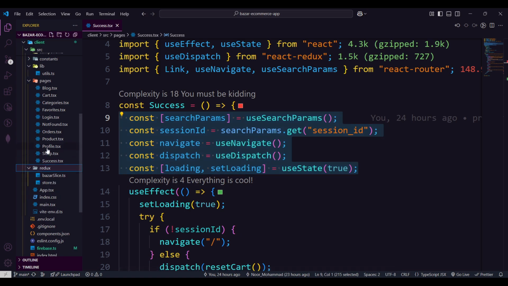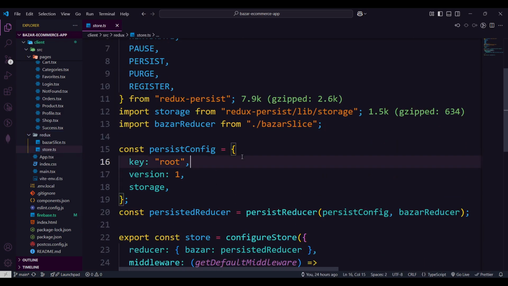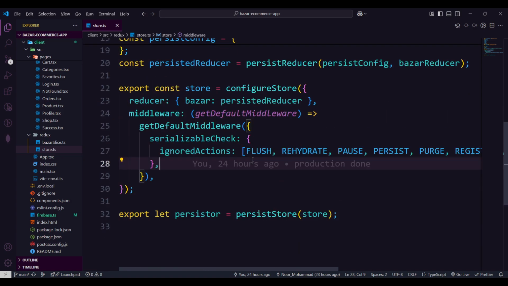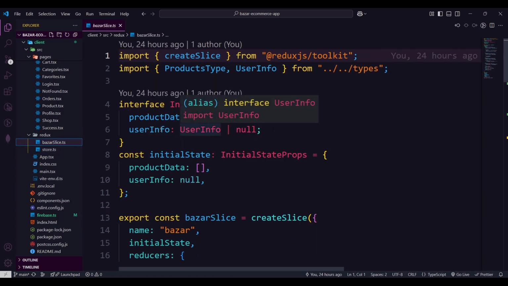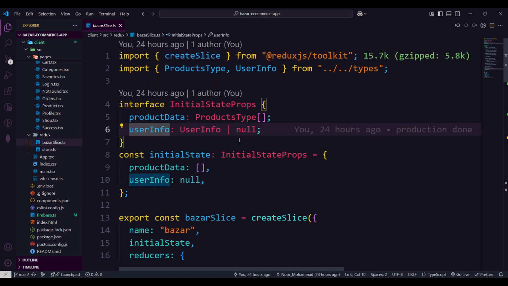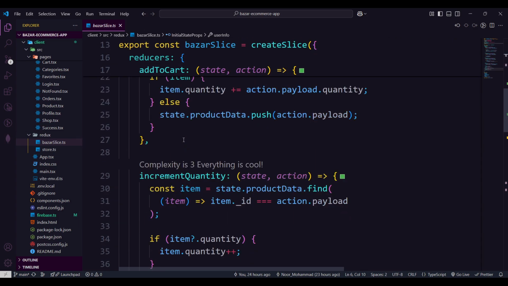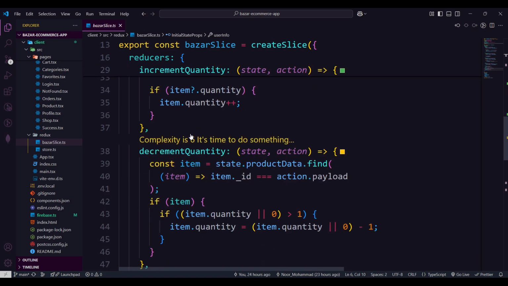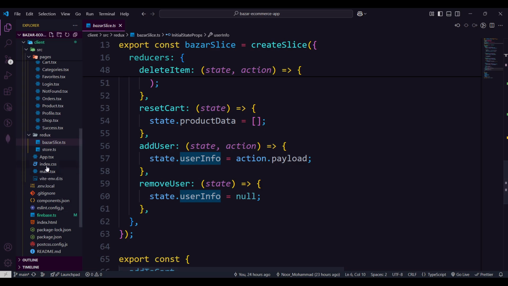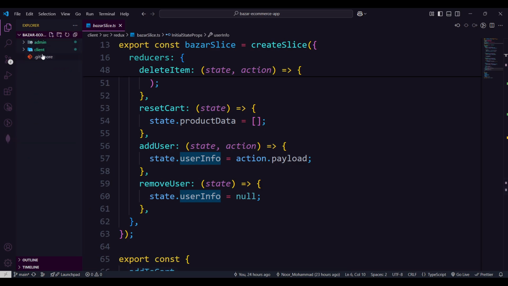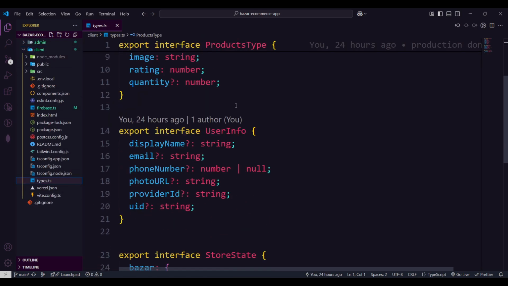And then we have our Redux, where we integrated the Redux store. By the way, we use the persist reducer, and we go with flush, rehydrate, persist, everything. And then we have our slices where we are passing the product data, user info, and how we are handling add to cart, increase quantity, decrement quantity, delete item, reset cart, add user, remove user. So this is an overview of our client, and these types are all passed here: the product type, user info,